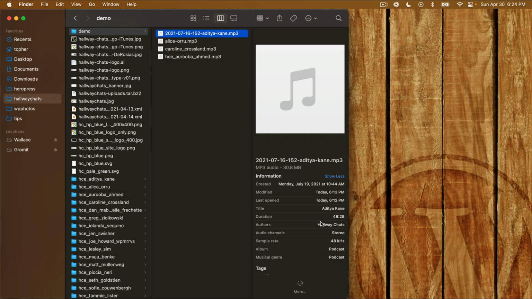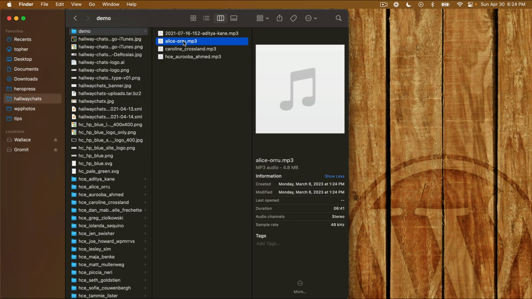That's because the ID3 tags have been filled out. But if I click on Alicia's, they're not there. So let me show you how I put mine in here, and then I'll tell you how you can do yours. It's going to be very similar.